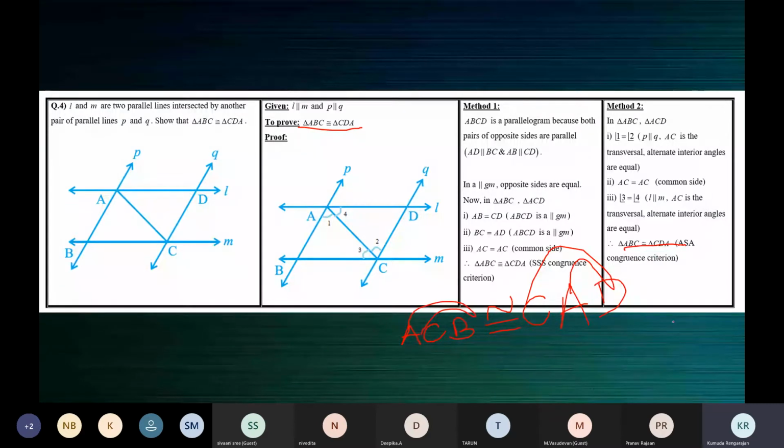ABC congruent to CDA is also a correct way of naming the congruent triangles. You can say ABC congruent to CDA, or ACB congruent to CAD. Somebody tell me, if I write triangle BAC congruent to